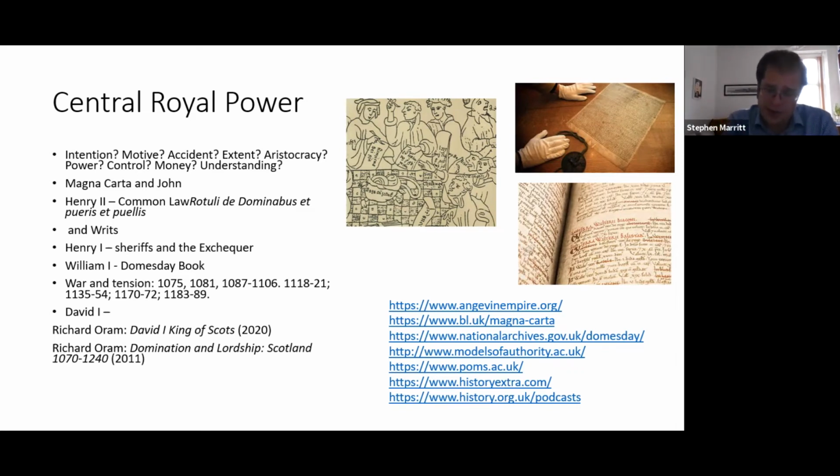And I keep saying looks like, because we don't actually know why Domesday Book was created. Nobody at the time wrote down why it was created. Everything that's ever been said about Domesday Book is built out of inference. And that's key, because Domesday Book doesn't actually work as a document.